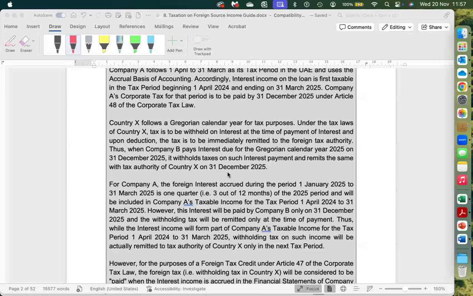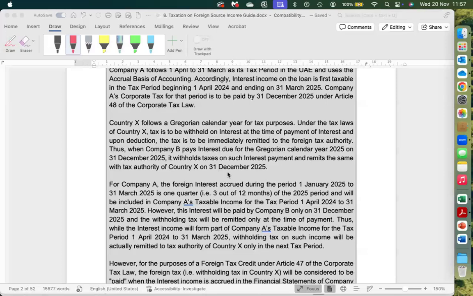What is the treatment of withholding tax deducted in Oman related to the year before the introduction of the corporate tax? That you cannot claim. If the tax has been deducted before the introduction of the corporate tax law, you cannot claim it. But this is a subsidiary. If this is your subsidiary, then you cannot claim it. Withholding tax proven is maximum 9%, and 9% will not be allowed in the UAE, because in the UAE you don't have any taxable profits. We have just discussed, if you have losses in the UAE, I'm coming back to the same question.